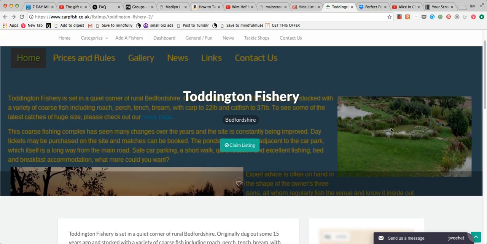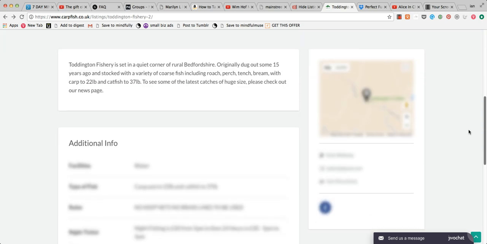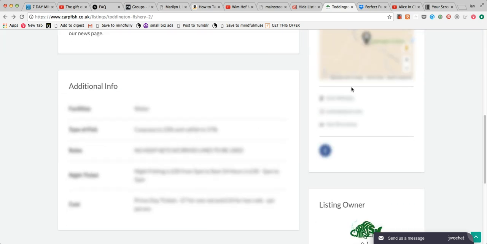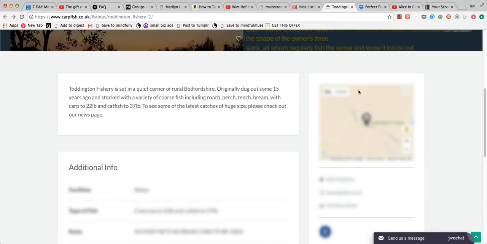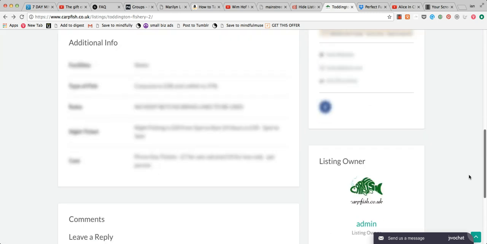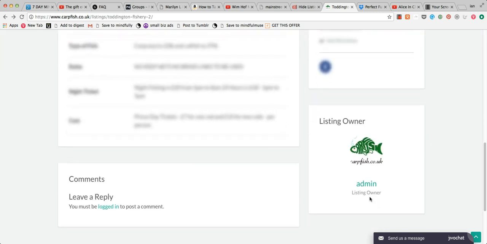All right, this is just a really intuitive and obvious way of doing just that. So Toddington Fishery comes to your site, in this case carpfish.co.uk, and he says, awesome, I've been added to this directory for free. Good deal. He looks at his listing, makes sure everything's okay, and he sees, wait, how come all this stuff's not showing up? How come I'm not showing up on the map? My info here, what about my Facebook? And then essentially he contacts the admin,